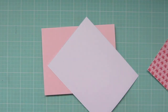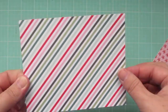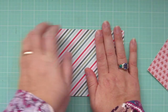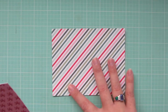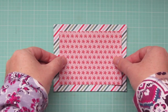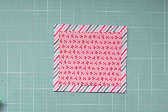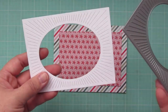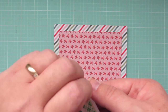So I've cut down 2 pieces. I'm going to use this pink, red, and green and aqua stripe on the background. So that is going to go over the entire card front. And then I'm going to center this peppermint candy piece right in the middle of the card, press that down into place as well. And then I have die cut the Avery Elle oval burst out of some white cardstock